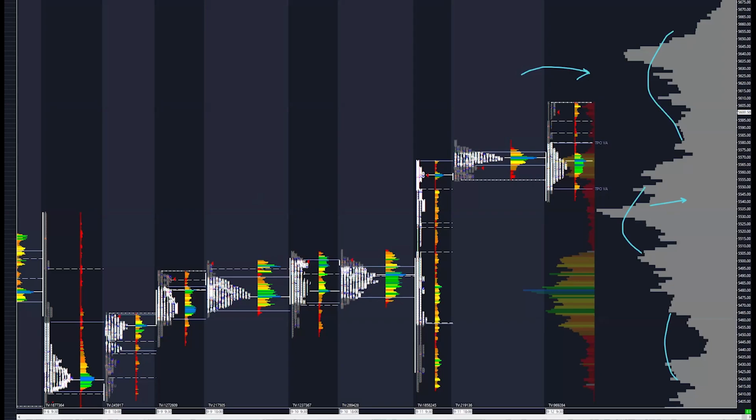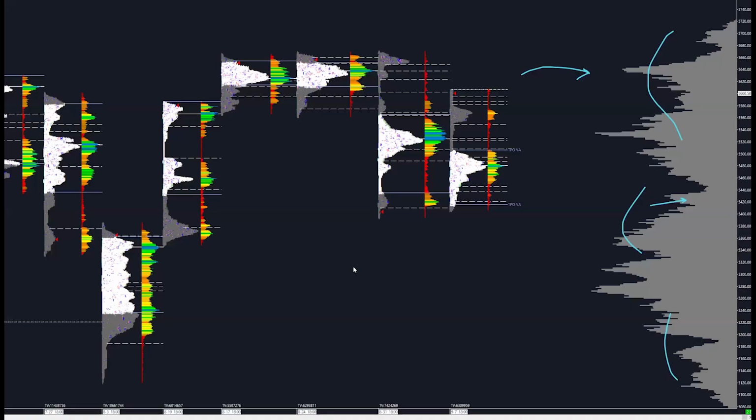I'll be looking at the S&P and the NASDAQ together to find some kind of opportunities realistically. This is what the weekly profile looks like. Each individual week gives a view of where there's heavier and lighter volume, where the key extremes are, where the balances are, and I can compare that in real time. And I'll be using the session-by-session